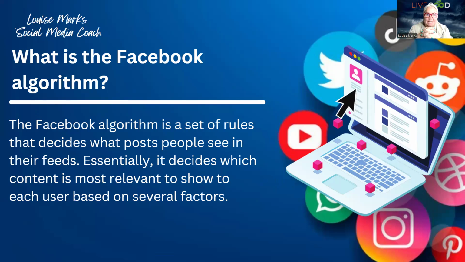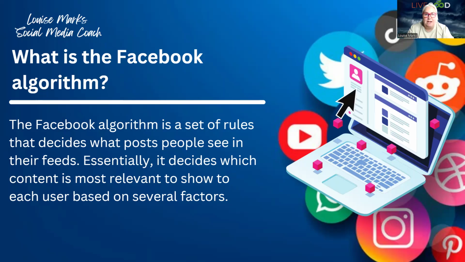Essentially, it is a set of rules that decides what people post and who gets to see it in their news feeds. Now, I'll give you an example. I came away from social media for a long period of time. I wasn't engaging with anybody. I wasn't commenting on anybody's posts. So when I would go in to Facebook, I wouldn't see anything. The only thing I would see if I scrolled through was adverts. And that is essentially how the Facebook algorithm works.